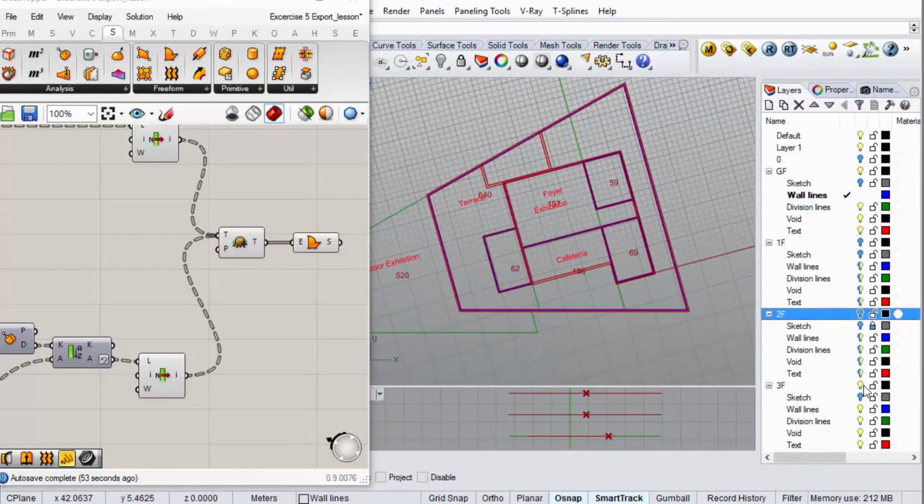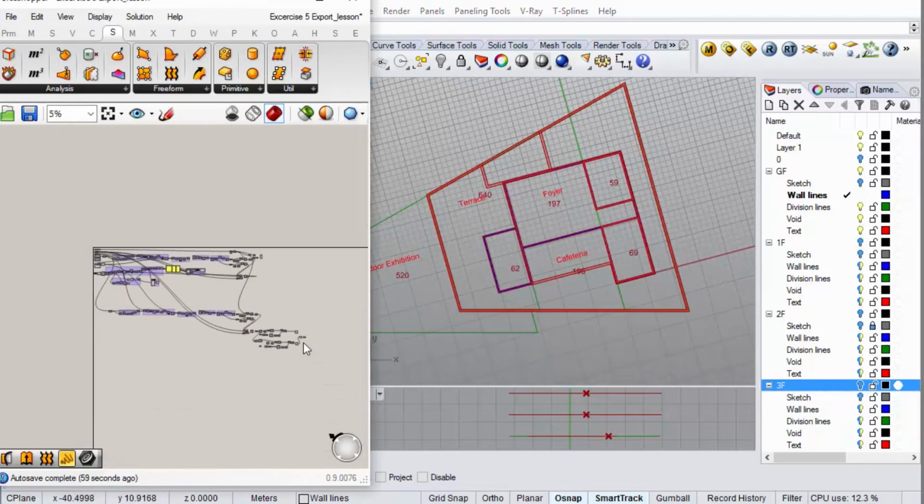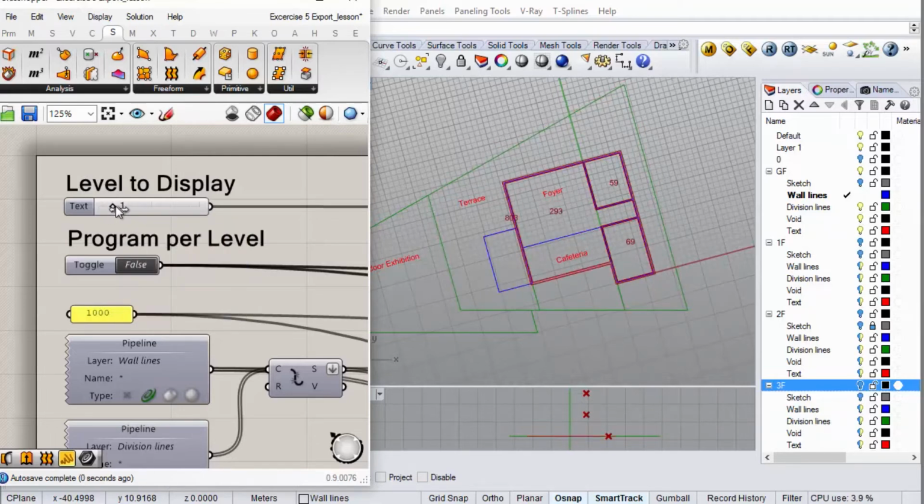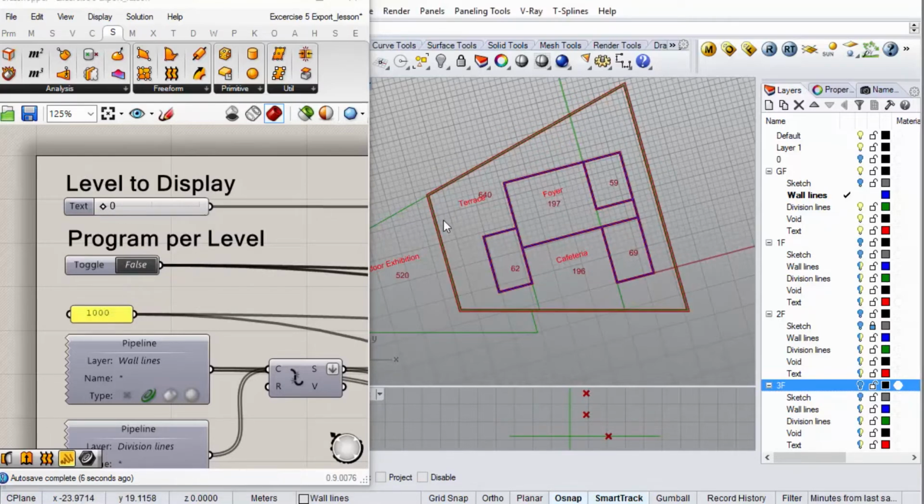First, I'll just hide all of the layers. And then remember that we had a switch that controls whether we're calculating all the floors or just one of them. So we just unclick this, and then we can do it by level. We can see all of the levels here while we're sketching. So say, for example, in level 0,